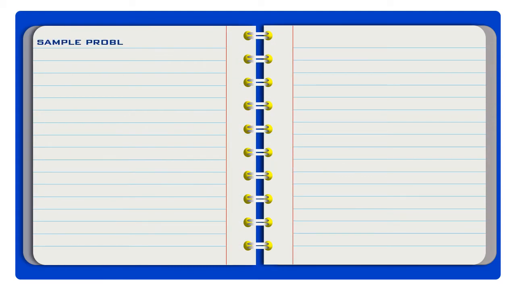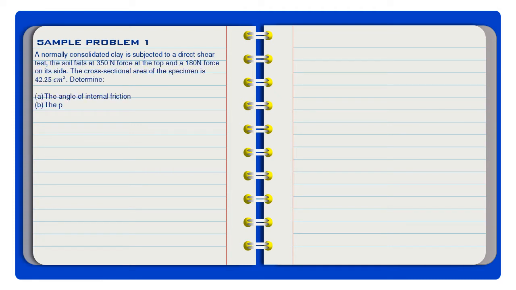So for our first sample problem, it states that a normally consolidated clay is subjected to a direct shear test. Then, the soil fails at 350 Newton force at the top and a 180 Newton force on its side. The cross-sectional area of the specimen is 42.25 cm squared. So, we have to determine first the angle of internal friction, next the principal stresses, and third the angle of